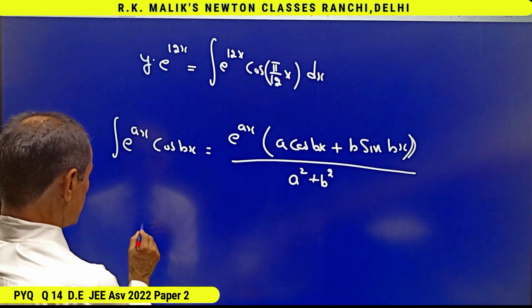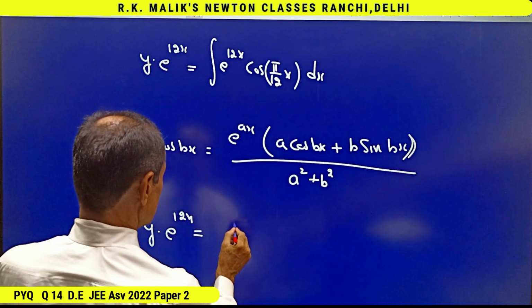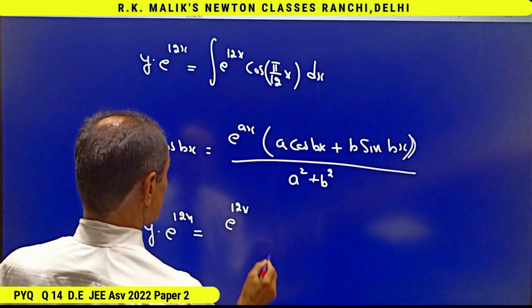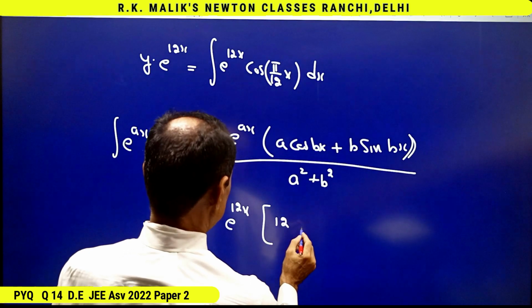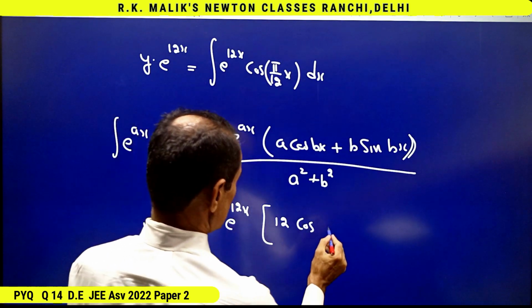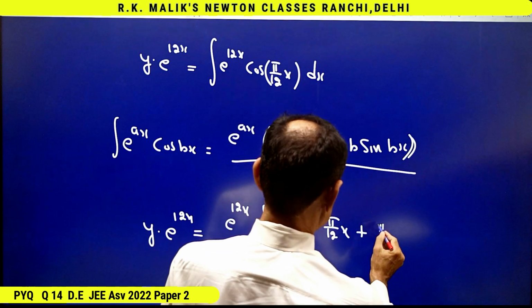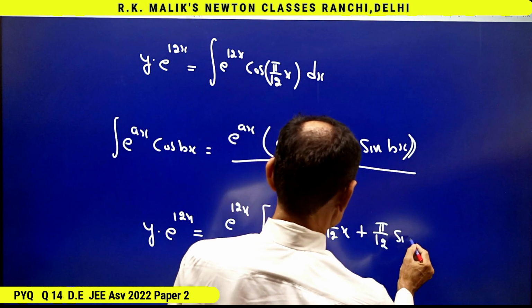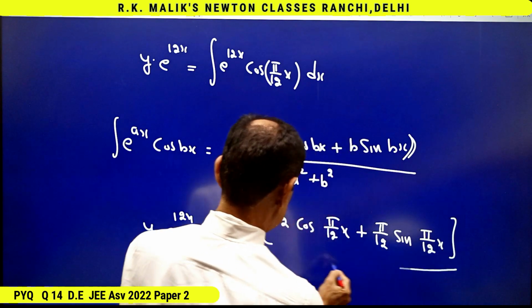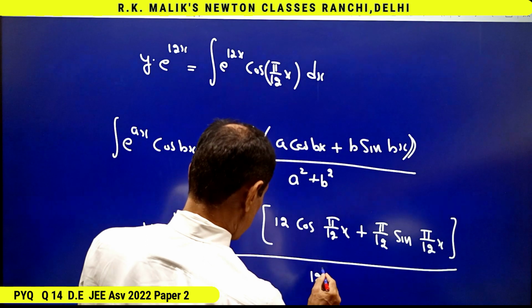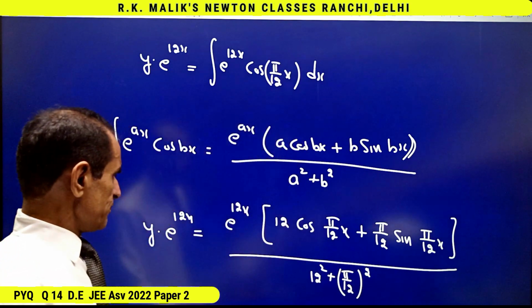Using this formula, I get y into e to power 12x is equal to e to power 12x into (12 cos pi by 12x plus pi by 12 sin pi by 12x) whole upon 12 square plus pi by 12 whole square